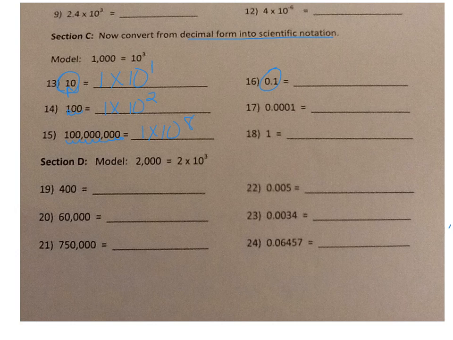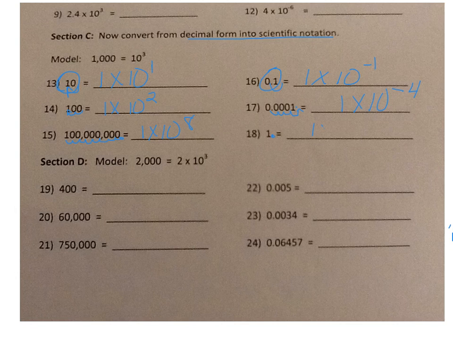1 times 10 to the negative, because it's a small number, 1, 2, 3, 4, negative 4, because the decimal goes behind the 1. Decimal goes behind the 1, so it's